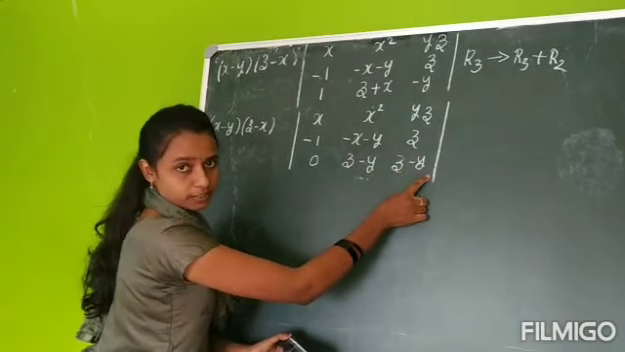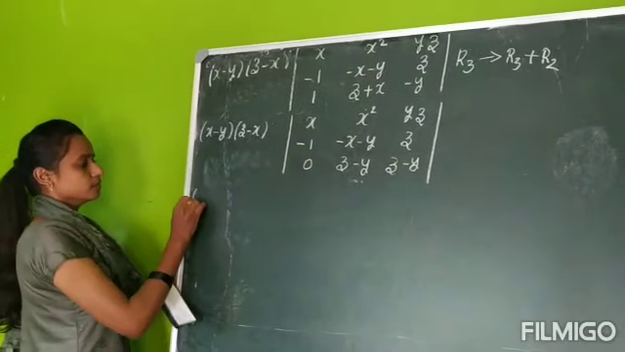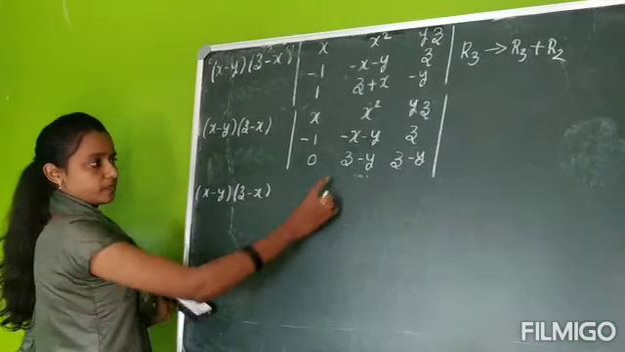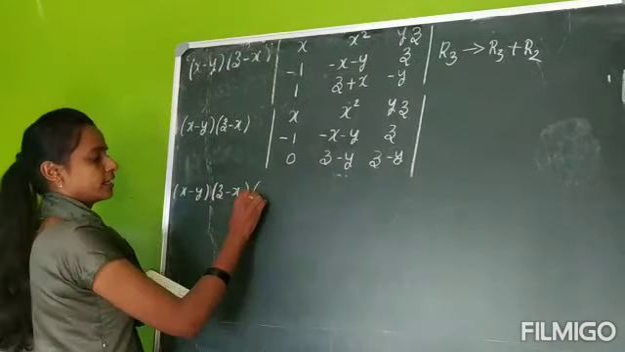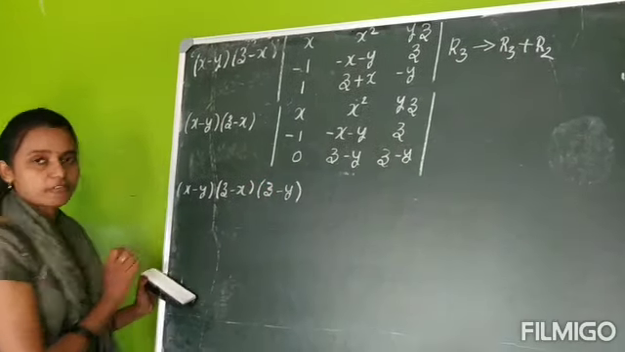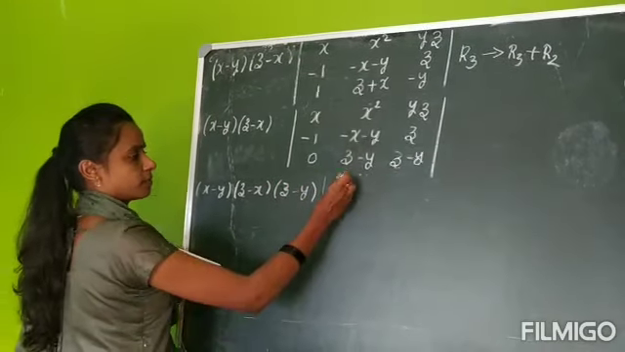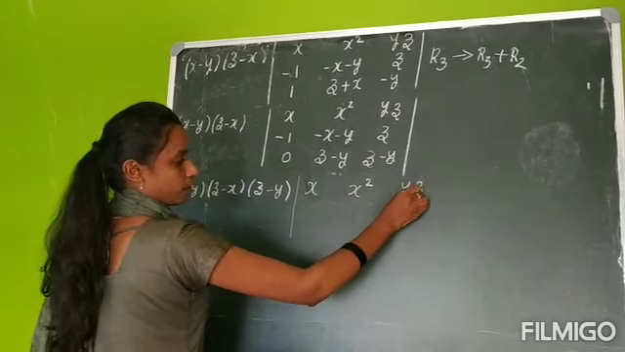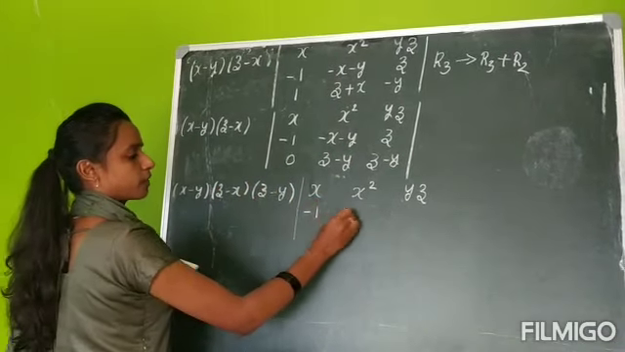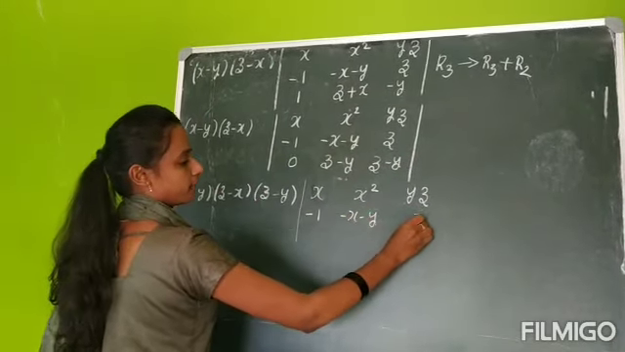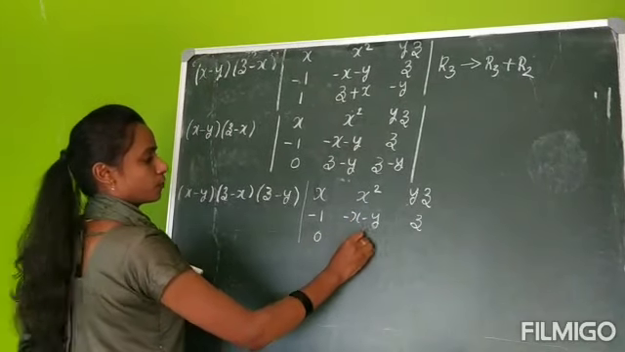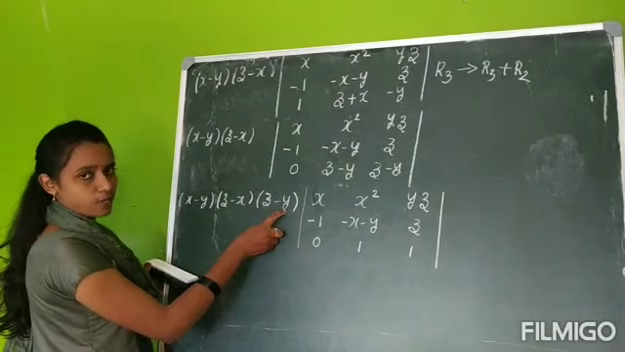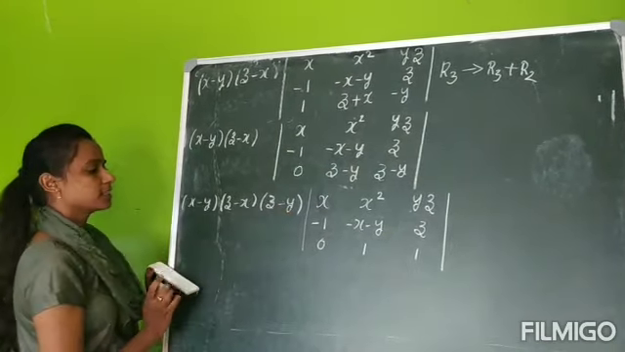z minus y is common. I'll take x minus y into z minus x. From the third row, I'll take z minus y as a common factor. The remaining is here x square, yz. Second is minus 1, minus x minus y, and this is z, 0, 1 and 1. Why these two are 1 means I took z minus y as the common. So next is